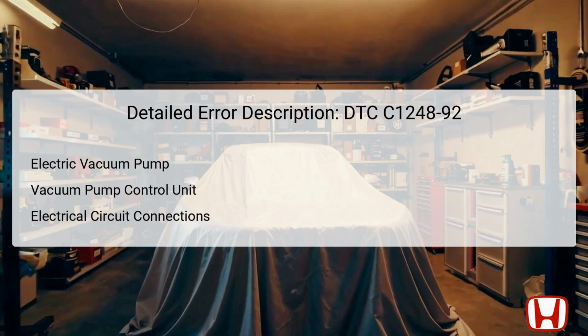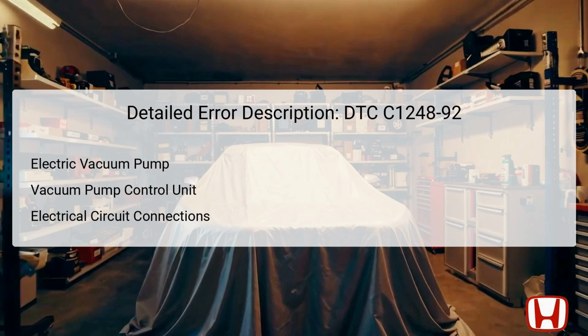DTC C1248 pertains to the electric vacuum pump and its control unit, both vital for optimal vehicle performance. The electric vacuum pump generates the vacuum pressure needed for functions like brake assist. It is typically located near the engine, often mounted in the engine bay or close to the brake booster for efficient operation. The control unit oversees this pump's functionality, monitoring both the plus line and minus line. If either line is found to be open or at abnormal levels, the control unit registers the malfunction and stores DTC